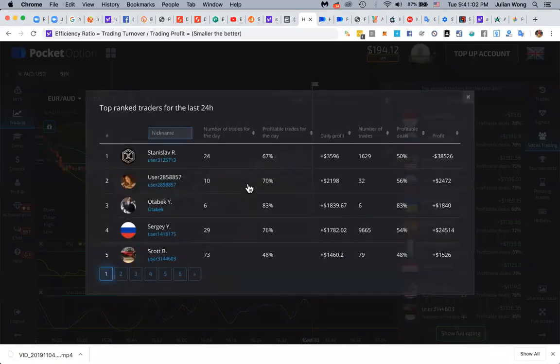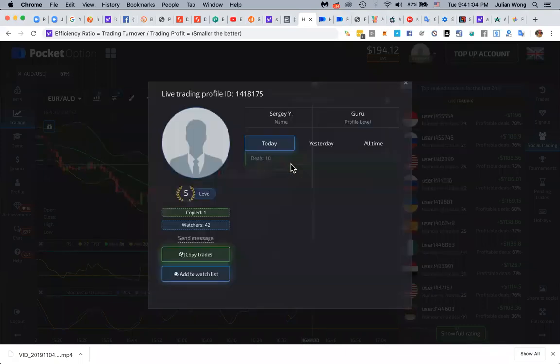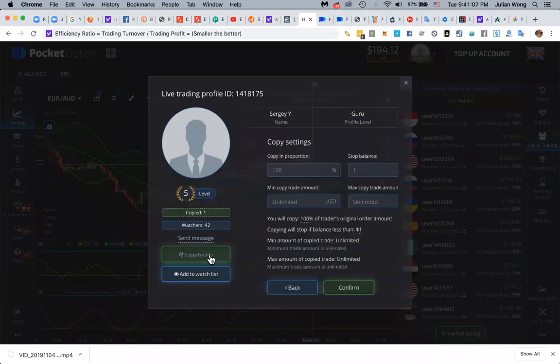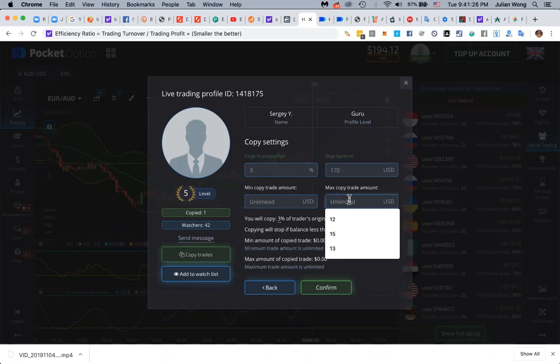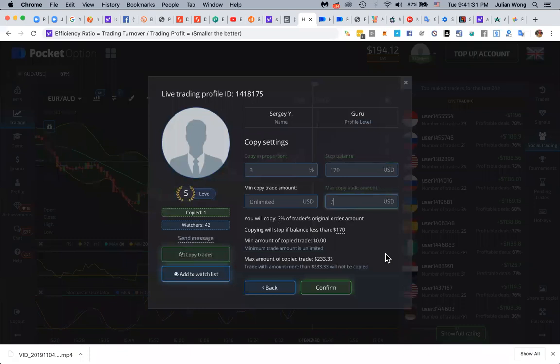Oops. All right, Sergey was the guy. So I'm going to copy his trades in proportion, let's make it 3%. And the stop balance, I think based on his trading rules, I'm going to set a higher minimum. And the max copy trade amount should not be bigger than $5, but just for the benefit of the doubt, let's make it 7. Okay. And the minimum,